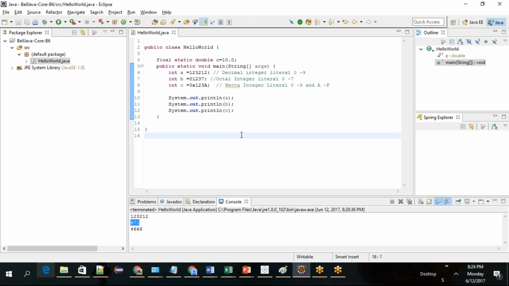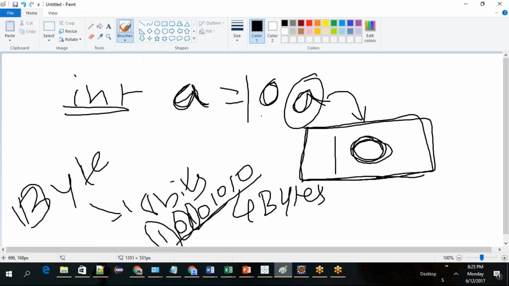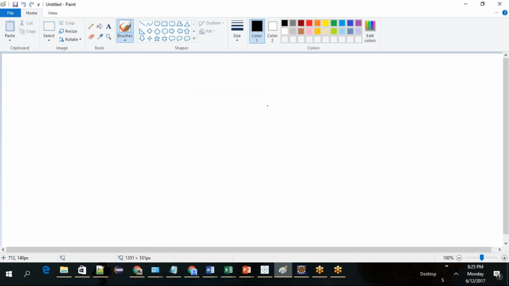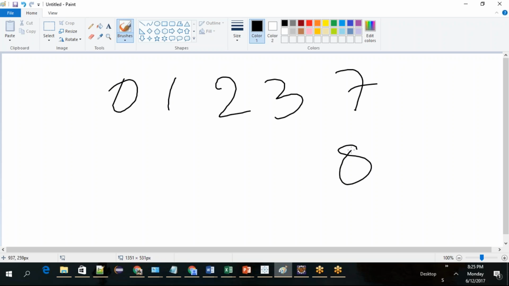The way we need to represent it is 01237, then 8. Let me take this, 01237. So 8 power 0, 8 power 1, 8 power 2, 8 power 3. Okay, so 15 plus